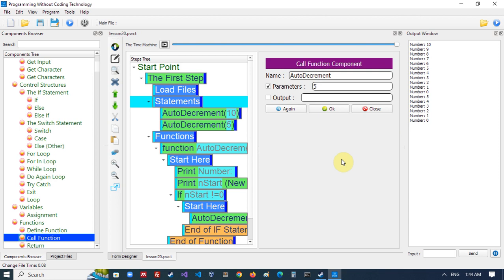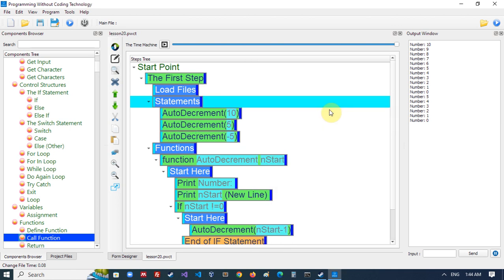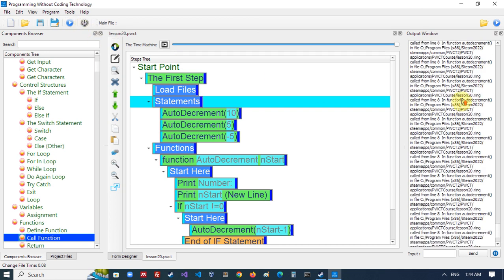What about passing a negative number? What will happen? Okay, this function is called auto decrement, and we would like to accept only positive numbers. So if I pass a number like -5, I would like to get an error message. So at first, what will happen if we run now? If we run now, we will get